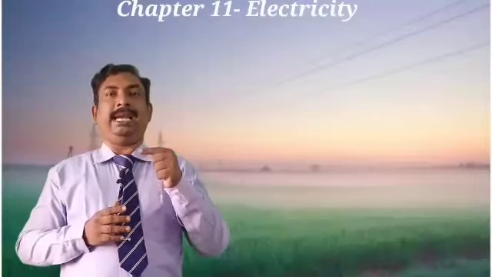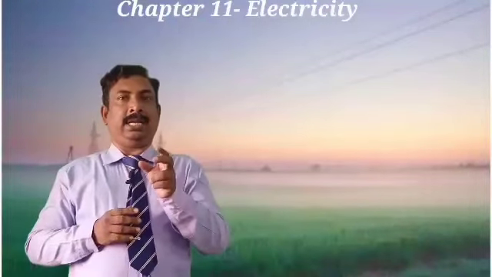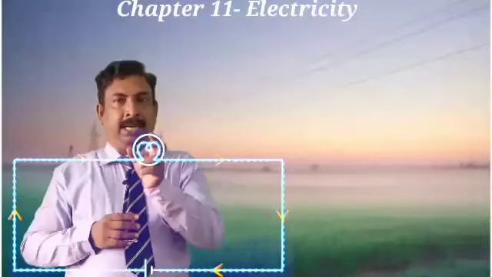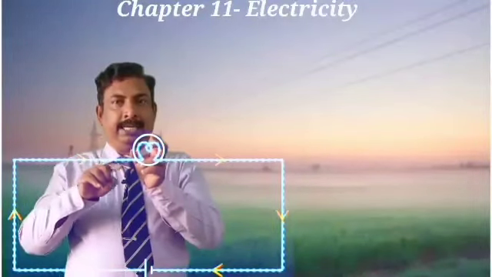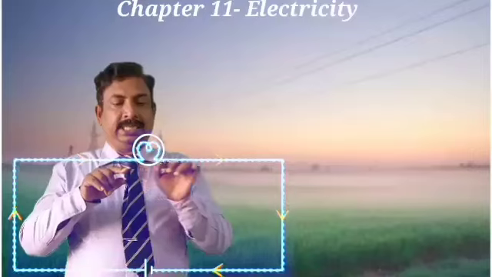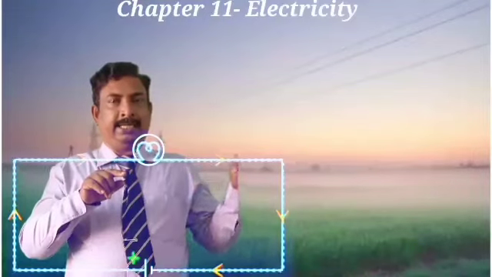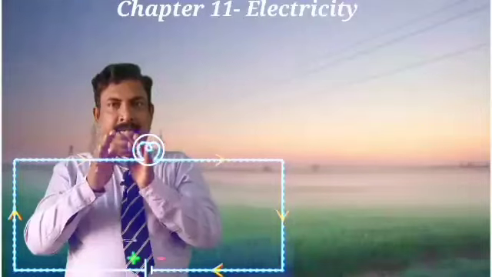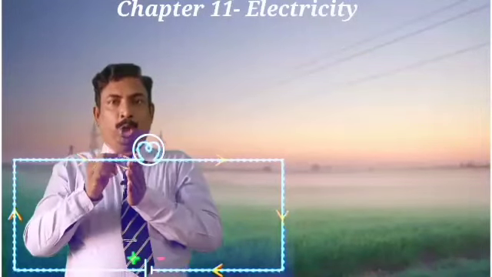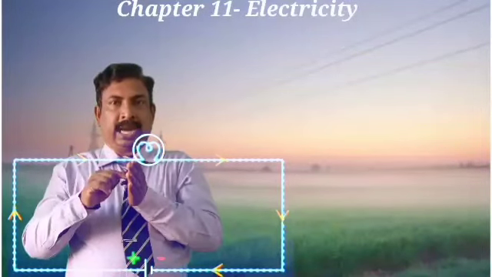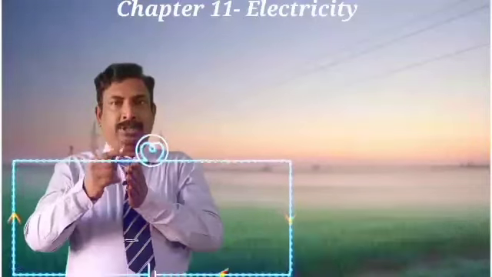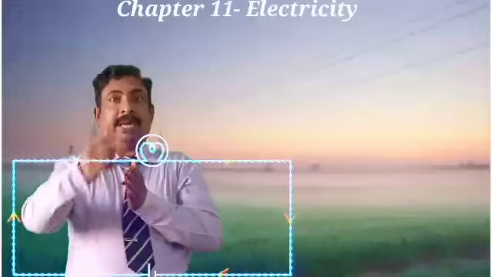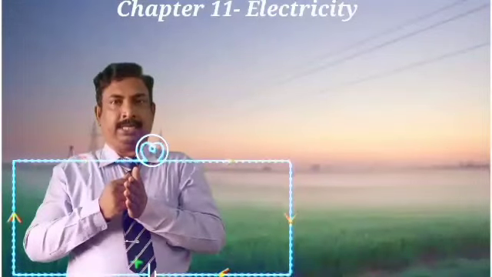Now if you see the electric circuit, the torchlight circuit, in the pictorial representation you can see the bulb connected to the switch, connected to the battery, and the battery again connected to the bulb. In this circuit arrangement, when you close the switch, the positive charge is flowing in the circuit, but electrons are moving in the opposite direction to the flow of charge.